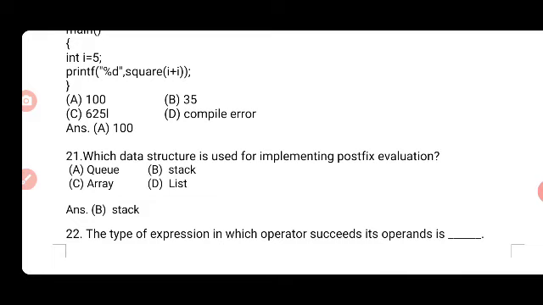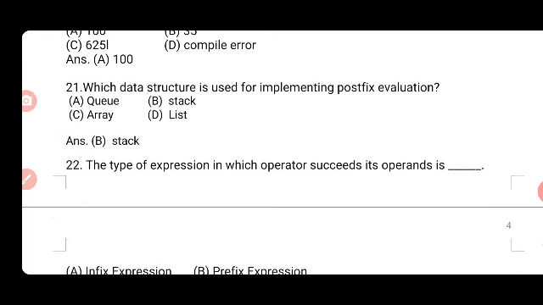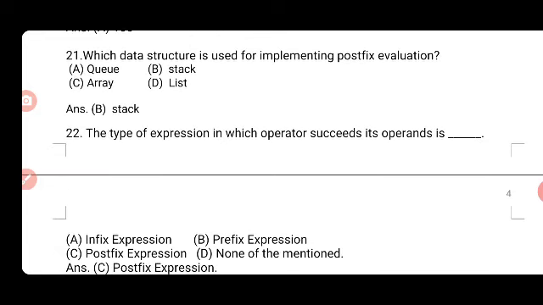Next, question number 21. Which data structure is used for implementing postfix evaluation? As we know from the explanation, stack is the postfix evaluating data structure. So the right answer for this question is stack, option B. Next, question number 22.